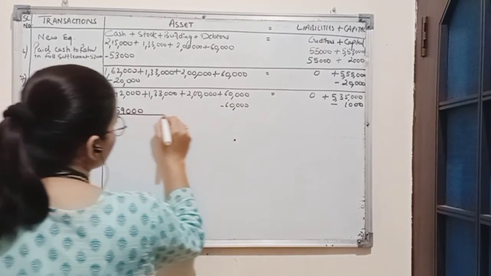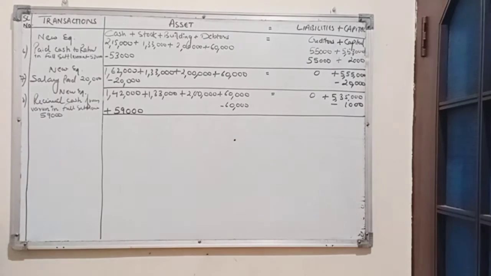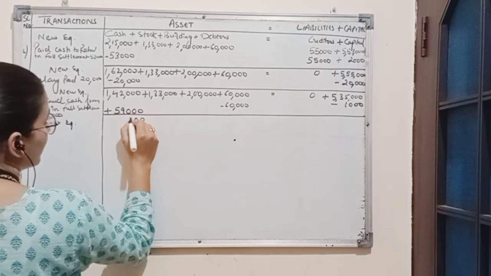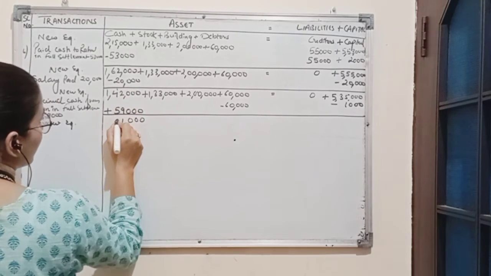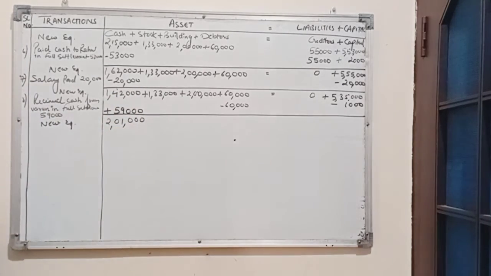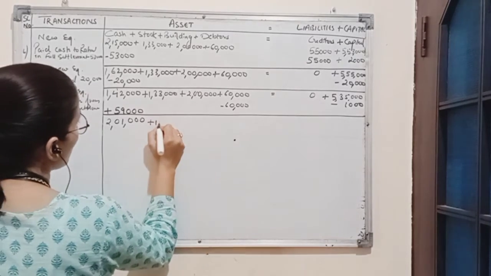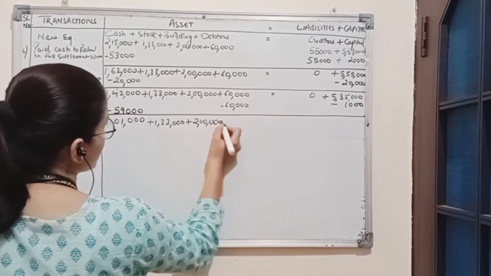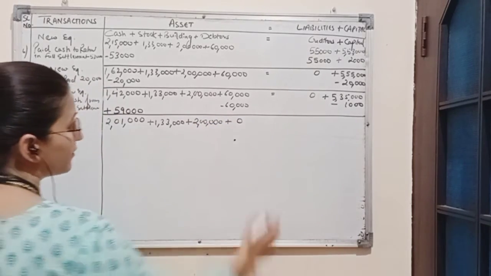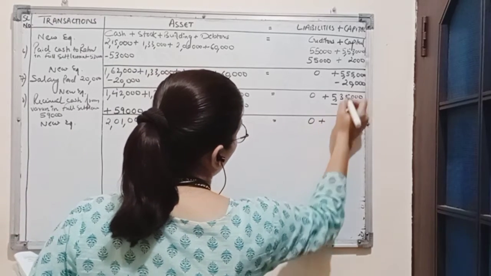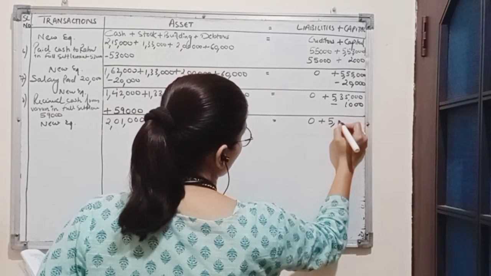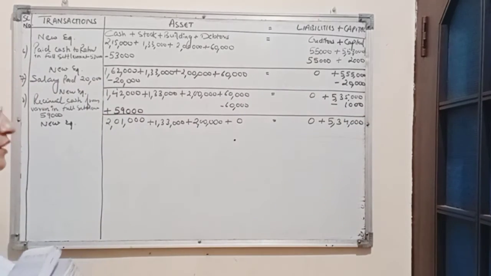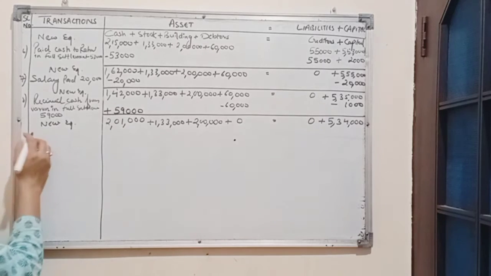This loss will be deducted from capital column. Now, by solving these equations, we will get a new equation here, where cash is amounted to rupees 2,01,000, stock 1,33,000, building 2 lakh rupees, debtors nil, creditors nil, and capital amounted to rupees 5,34,000. Next transaction is